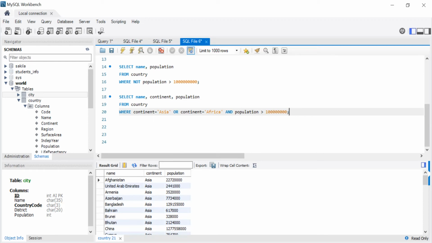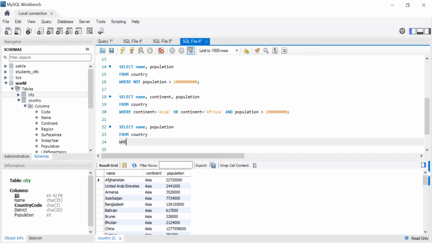As we have said earlier, the OR operator gives us true if one of the operands is true. Well, the IN operator will allow us to retrieve data if a given value exists in a defined list. For example, rather than using the OR statement three or four times, we can create a list, use the IN operator, and use the condition. For example, if continent is in Asia, Africa, or Europe, give me the name and the population of the country. For example, we can write select name and population from country